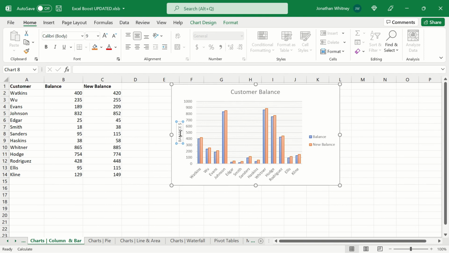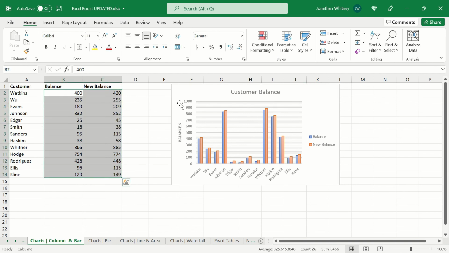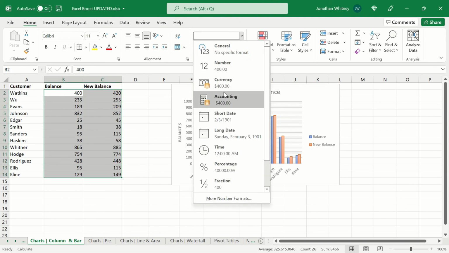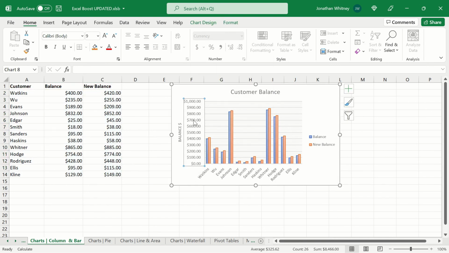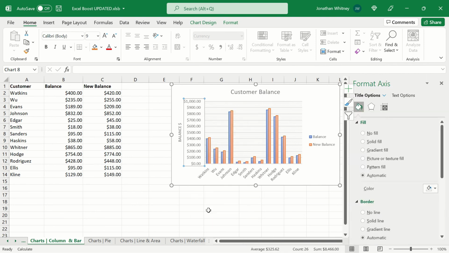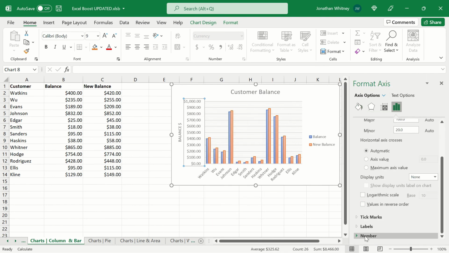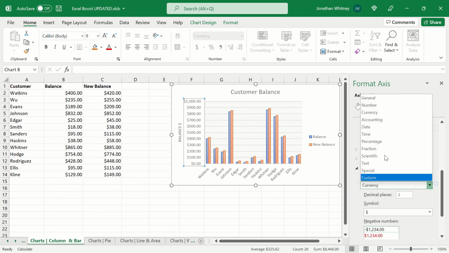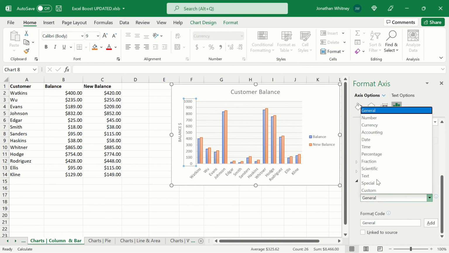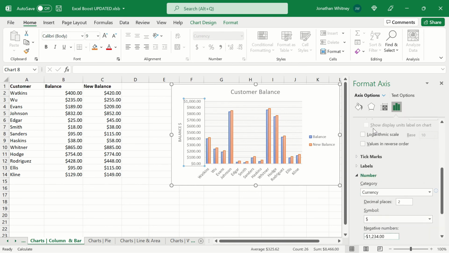currency format. And that's one of the things that we did not do before we created the chart. We did not change these balance columns into currency format. They're still in general, so we can come up here to the top bar and we can change that to currency. We can also do this from within the chart. If we just click into this axis, we go Format Axis, and then we scroll down to the bottom to the number dropdown. And as you can see, when we open this up, it has changed over to currency, and we can go back between general or back to currency and leave it there to make this data a little bit more useful. And when we're happy with those changes, we can go ahead and close out of this side